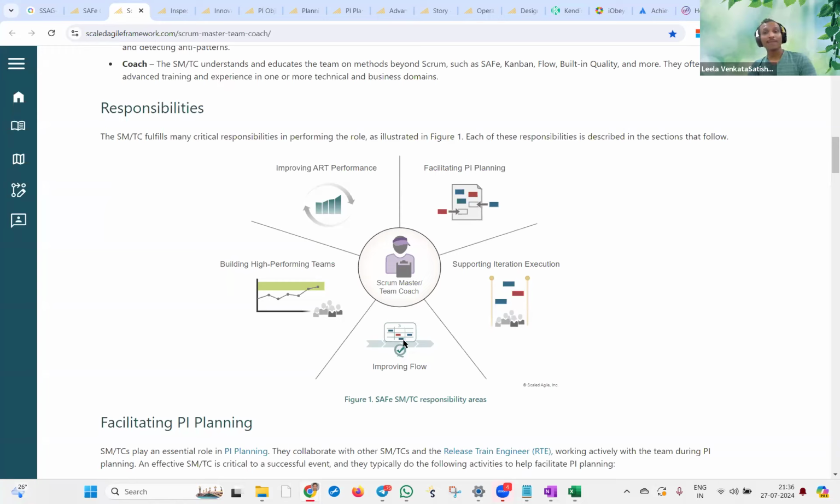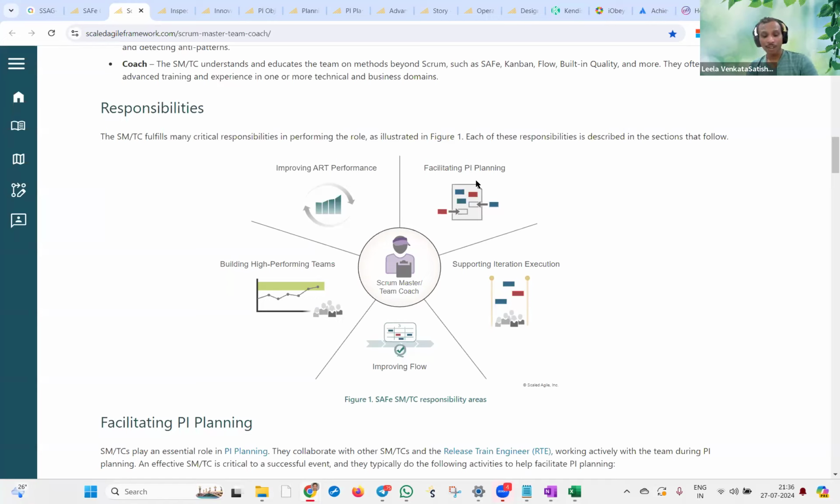Not just at the team level, facilitating PI planning. We saw this at the team breakouts and at the retrospectives at the IP sprint. In many cases, the Scrum Master should be closely working with the RTE. They might not be taking the entire ownership of the PI planning, but the equal responsibility lies with the Scrum Masters as well. As Anand was mentioning, making sure that team members are participating is equally the responsibility of the Scrum Masters,